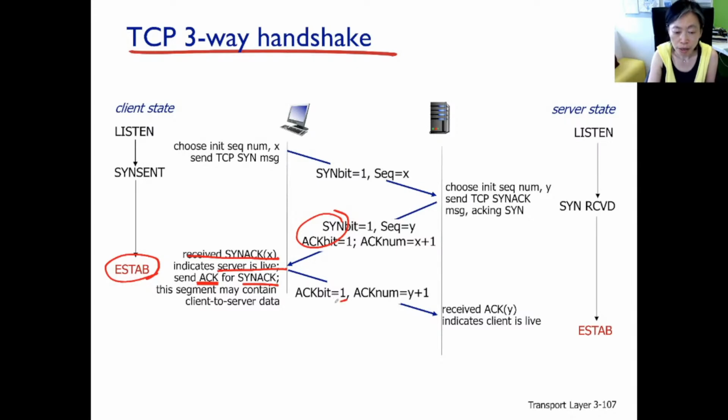So it's just an ACK packet, and the ACK number is Y plus 1, because observing that the initial sequence number of the server is Y, the next sequence number is set to Y plus 1. And that number is also shown in the ACK number. And so the server, finally receiving the ACK, is sure that the client is live and the socket is now complete and in the established state.